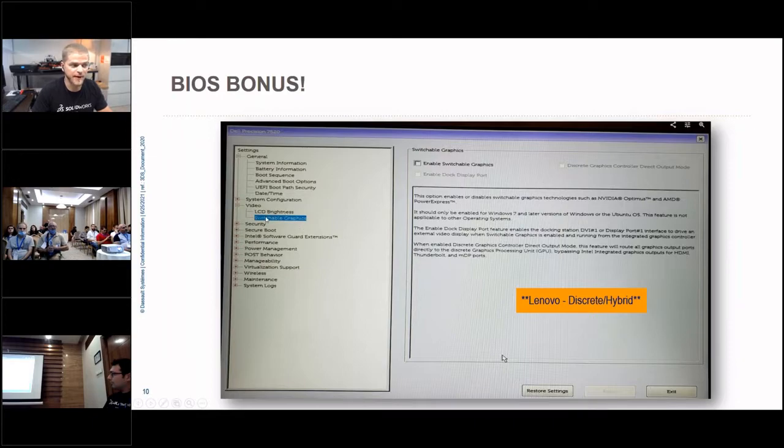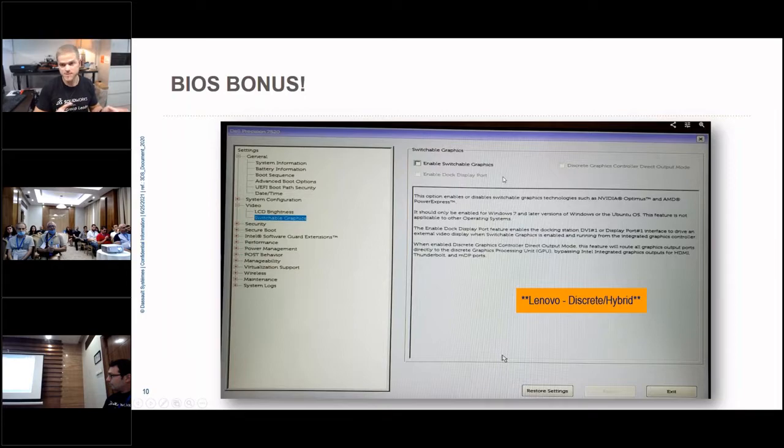Another BIOS thing you'll want to know about is something called switchable graphics. The switchable graphics, a lot of computers, especially Dell machines, will ship with 2 graphics cards. They'll have an Intel kind of onboard integrated graphics card, a smaller graphics card, and then they'll probably have a separate NVIDIA card or an AMD card, a separate dedicated graphics card.